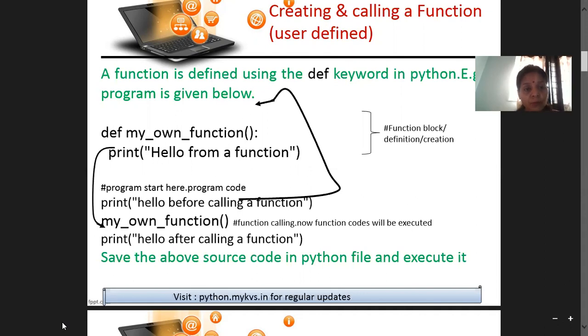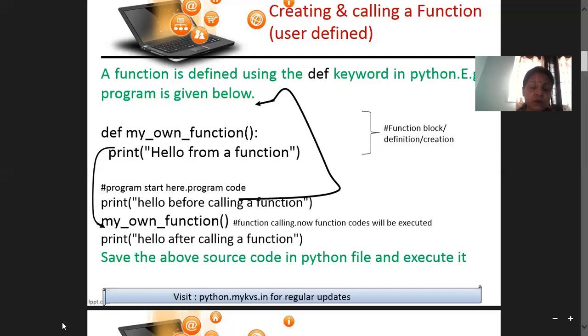Now this parenthesis sign is compulsory to create the function definition or function prototype. Actually, this is the function prototype which we are declaring over here, so that compiler can understand what type of function we are going to use. So in prototype declaration, we need to specify the name of the function as well as parameter list, correct? This is the smallest function in Python. In this function, there is only one statement, that is printing just a message, hello from a function. This is a message which will be displayed over the screen. Okay.